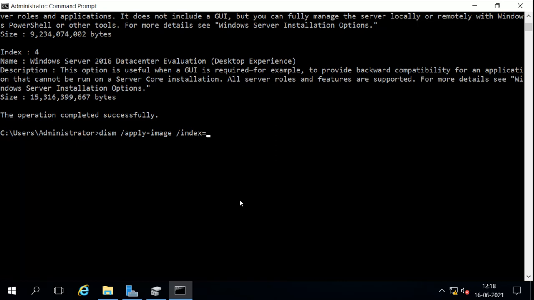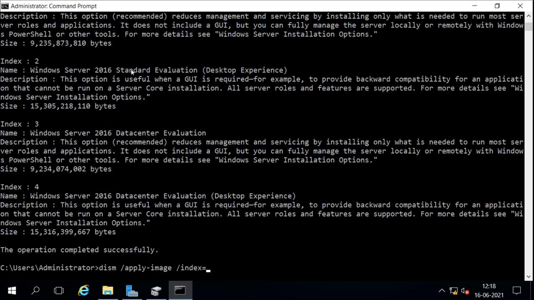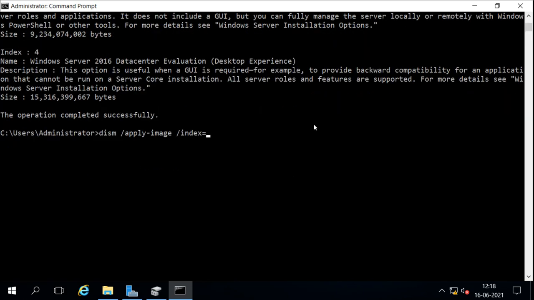For example, I want to install the Standard edition with graphical experience, so I will use index number 2.